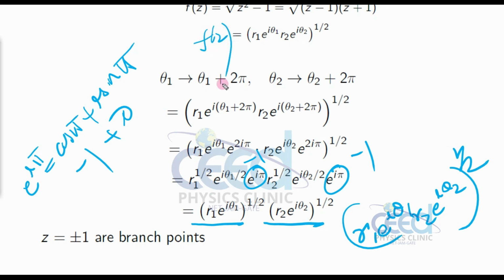So it is equal, then it is not a branch point. If it were not equal, then z = ±1 would be branch points, but it is not a branch point here. If it is equal, then it is not a branch point. Here we got the result as equal.